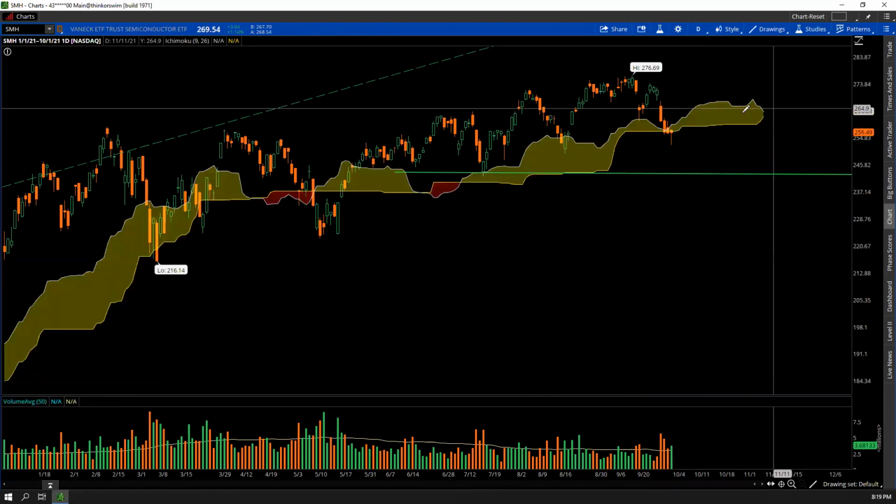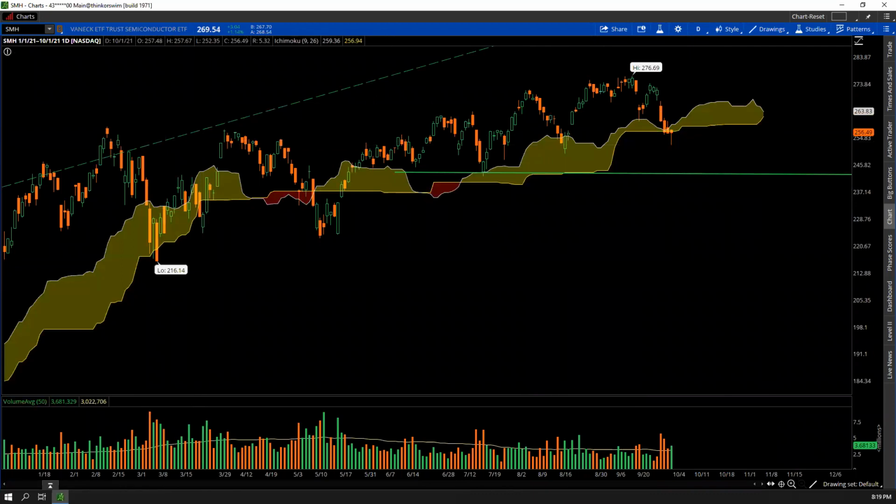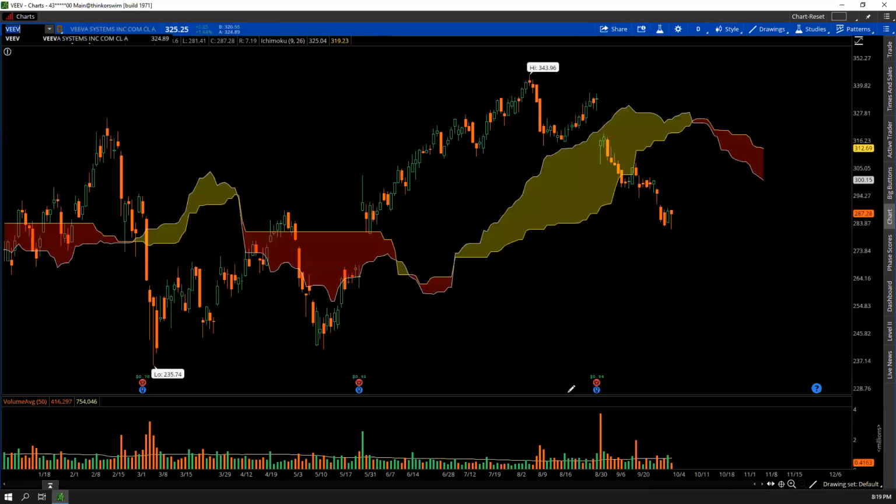Okay, so that is the prominence of the cloud. We are looking into the future. It provides a futuristic view on where the stock could be. Okay, so some other examples that I would like to take is, say,